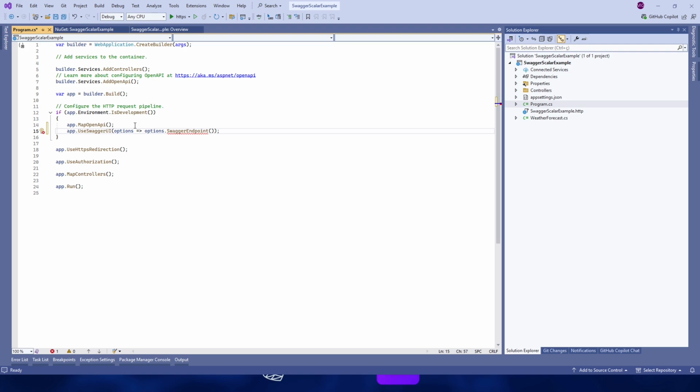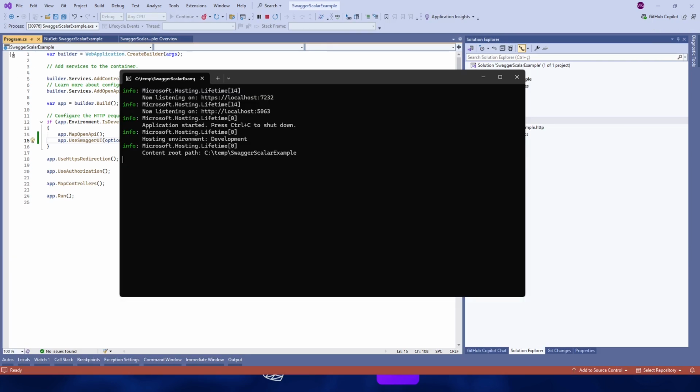The first one is the OpenAPI JSON path, /openapi/v1.json. And the second parameter is the name of our API, Swagger and Scalar example. Okay, let's execute our project.